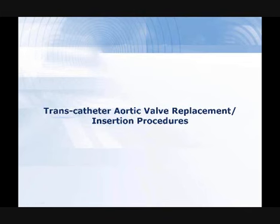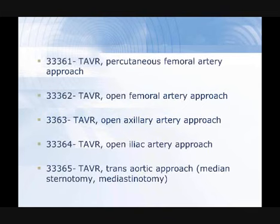Next, we're going to discuss the transcatheter aortic valve replacement or insertion procedures. Here we have 9 new codes that are reportable for these procedures this year. We have 33361, percutaneous femoral artery approach, 33362, the femoral open artery approach, 33363, the open axillary approach, 64, the open iliac, 65 is the transaortic approach, the median sternotomy,